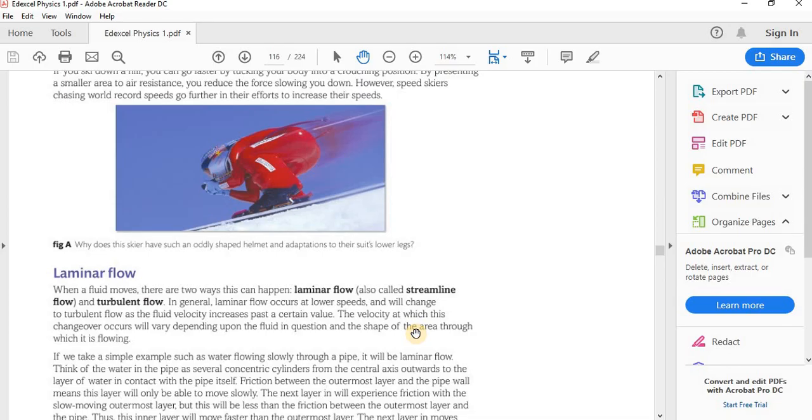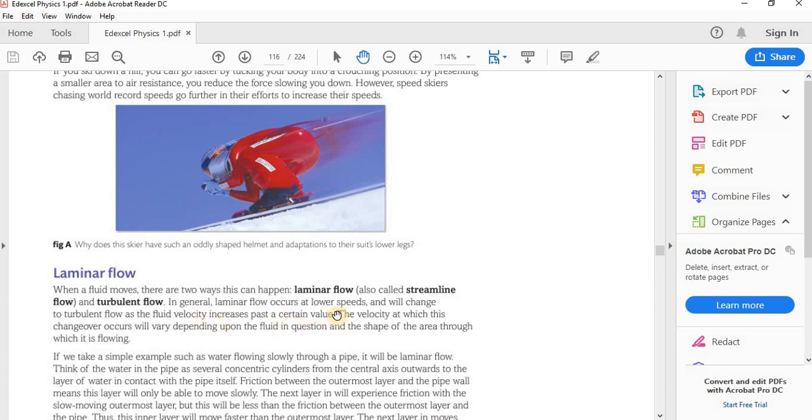Okay, compared to an object which is not streamlined. In an object which is not streamlined, the turbulent flow will come at a lower speed. Okay, so laminar flow and turbulent flow. Laminar flow produces less friction compared to turbulent flow, and an object moving in a fluid can have more laminar flow or prominent laminar flow above a certain speed. Okay, so laminar flow occurs at lower speed and will change to turbulent flow as the fluid velocity increases